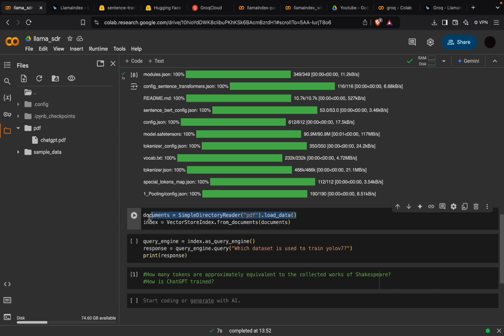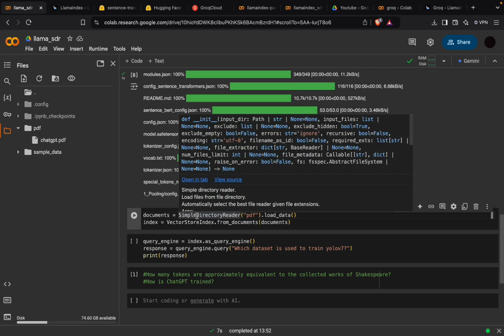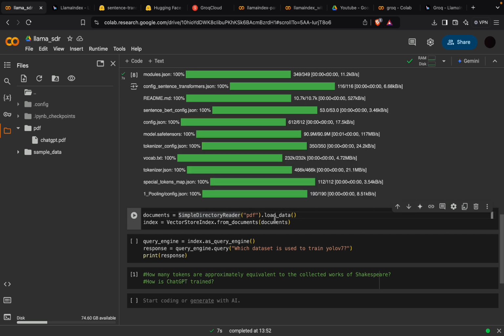So what does this line mean? We are loading from the PDF directory. As you can see, we have put a chatgpt.pdf in this PDF directory, and we are just doing dot load data, so all the data will be loaded into documents. This line creates an instance of SimpleDirectoryReader, which is a tool from the LlamaIndex library. And the dot load data function loads the PDF file from the specified directory and processes it into a